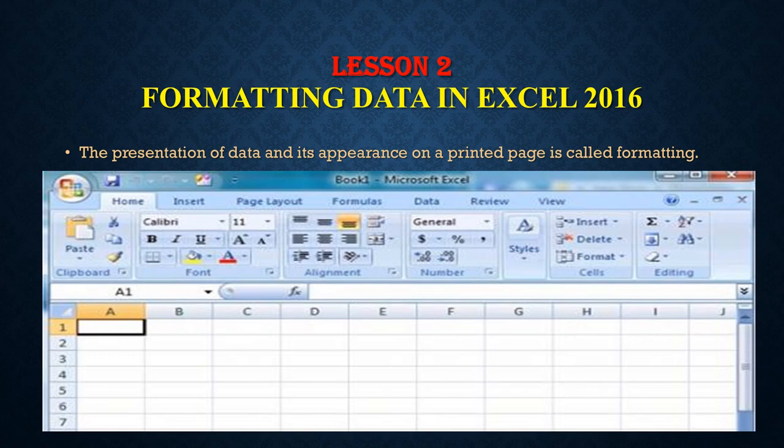Using font formatting, you can change the font size and font color. Inside Formatting Data in Excel, in this lesson there are 4 subheadings. Let's listen to what they are.